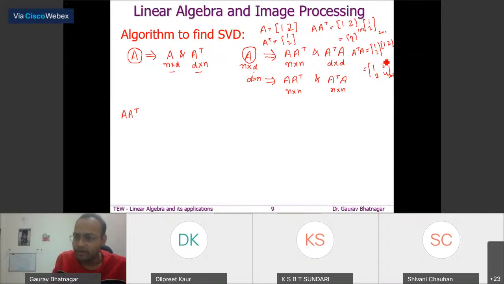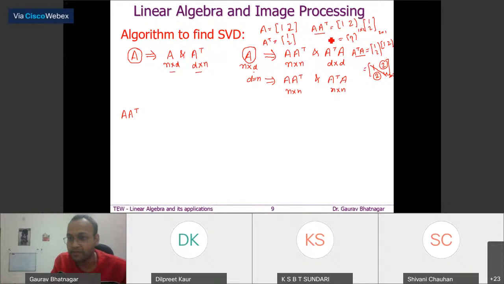Right. So now you can see what kind of matrix this is. This is always going to be a symmetric matrix. It doesn't matter what kind of matrix A is, a real matrix, a complex matrix, a square matrix, or a rectangular matrix. When you find A transpose A or A A transpose, depending on the dimensions, you are going to get a symmetric matrix. And a symmetric matrix is always a square matrix. One of the main properties of a symmetric matrix is that all the eigenvalues are going to be